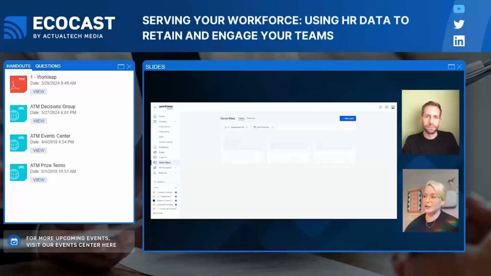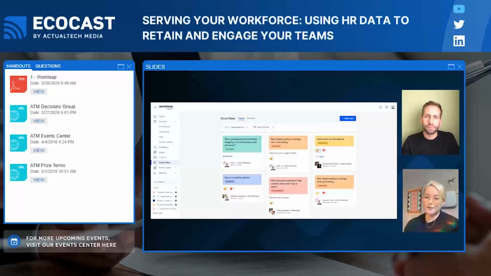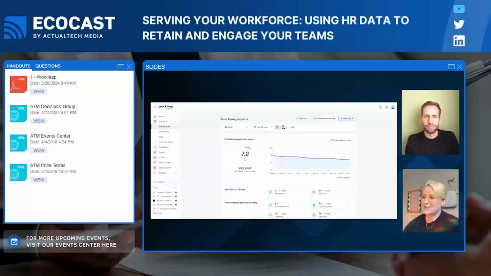This allows you to share good vibes and recognition with people. We can have a look at it here, where you have this really fun interactive platform for recognition and fostering a really great workplace between members. This is peer to peer, but it can also be manager to peer, manager to manager. It's really for everybody. So our Good Vibes recognition tool really does help to foster that workplace for people.